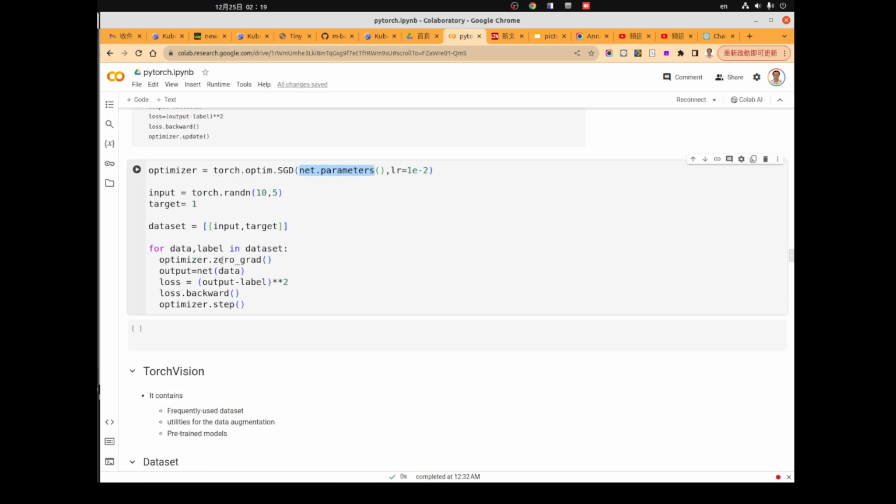So this function will actually set the grad of all parameters returned by the parameters function to be 0.